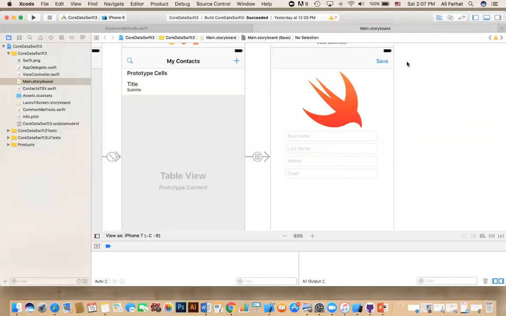In this lecture, we're going to be able to edit a particular contact. So when you click on this detail, it'll take you to here and you'll be able to edit it. Now, if you go ahead and run it,